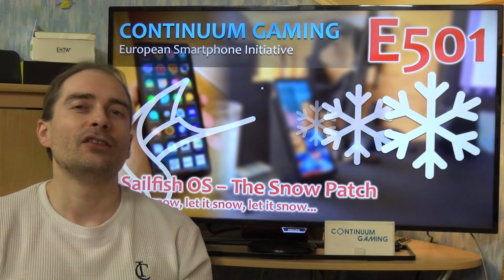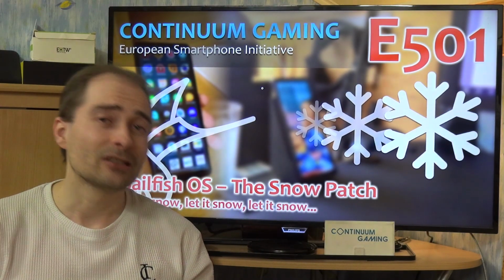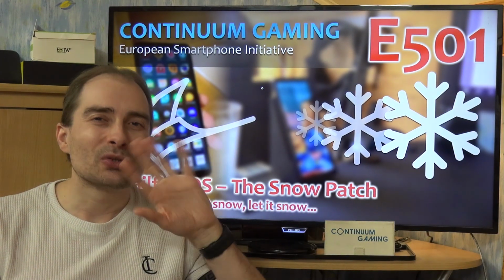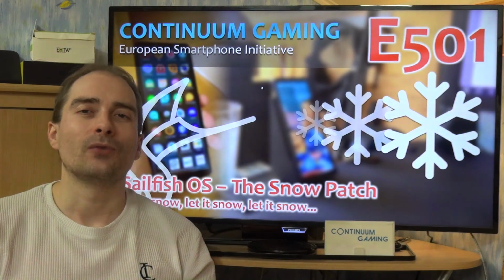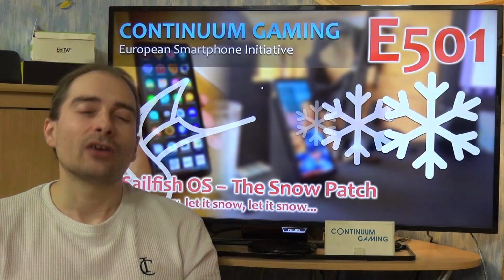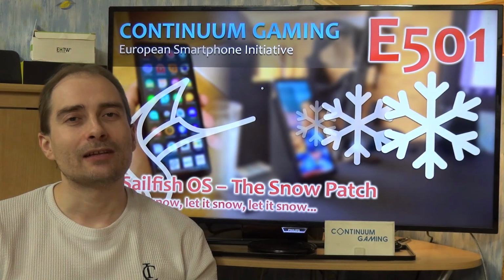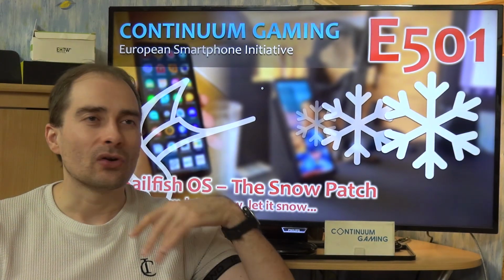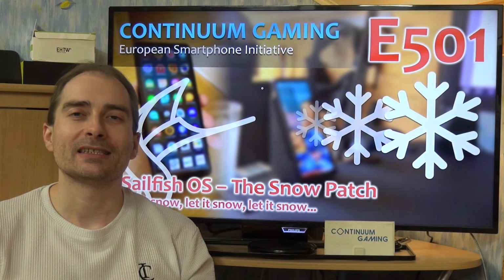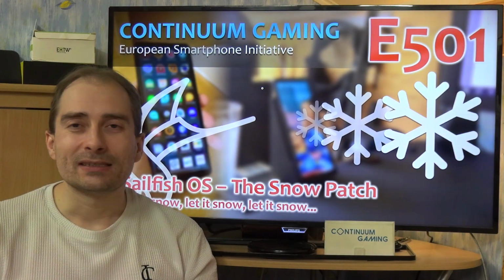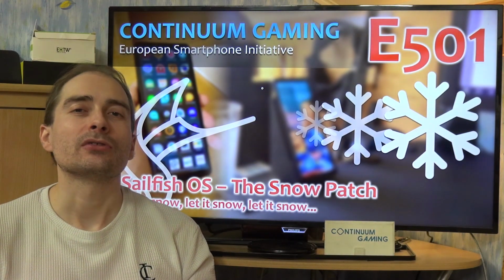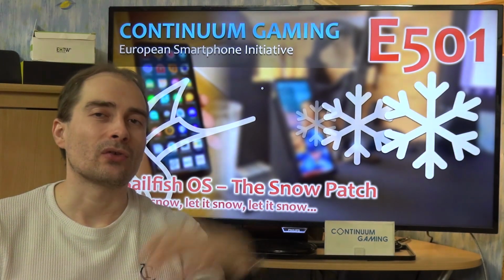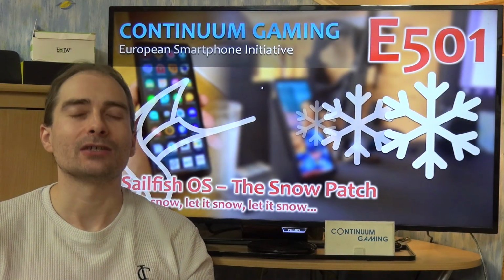It's very hard to get new games from there, which are still compatible and can be found over the very itchy road you have to go to get new content for Windows 10 Mobile. So in the end, we are going to shift the channel more and more to a Sailfish OS part. Of course, if there's something to be talked about for Windows 10 Mobile or anything is happening in that regard, or I just find something I really want to share with you, I'm going to do that on this channel in future too. But till then, we are going to have more and more Sailfish OS related episodes,